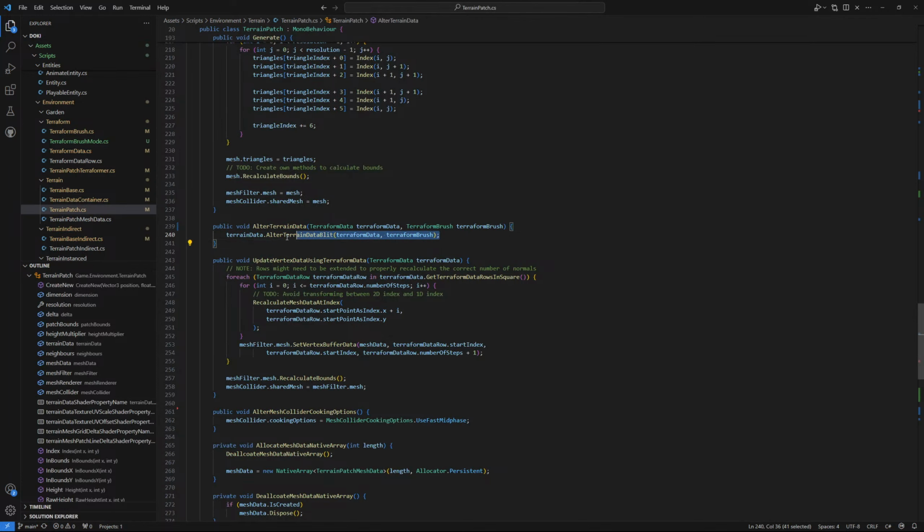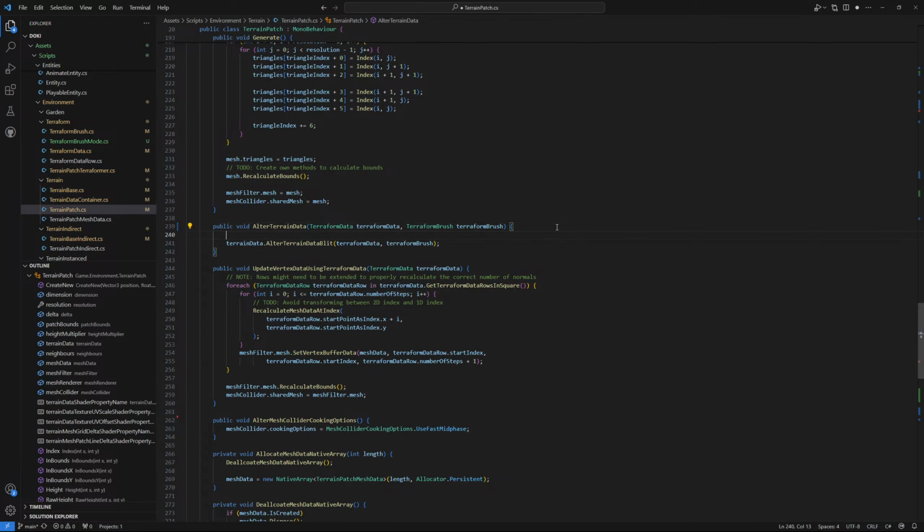Eventually I would love if all different modes here would just work with this one. But for now we're gonna do, let's see here. Possibly